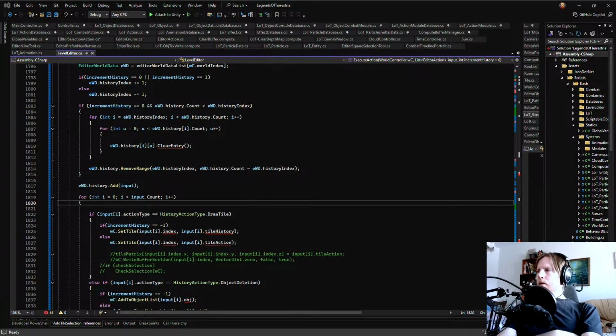So we need to make new actions for everything. Because the way it worked before was that based on the constructor used, the action became a certain action type. But because we have so many actions now, it became bloated.